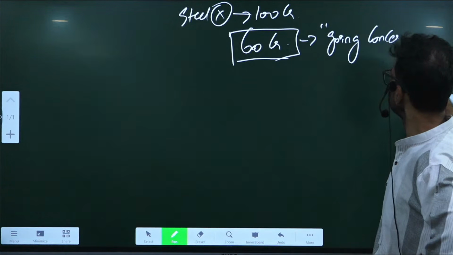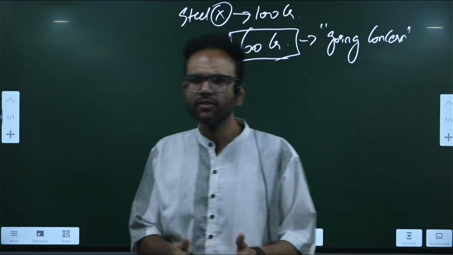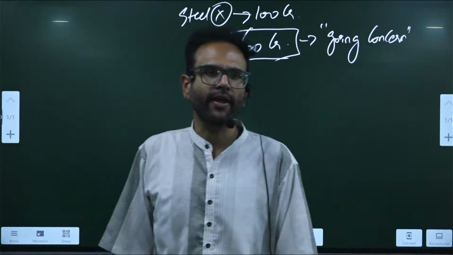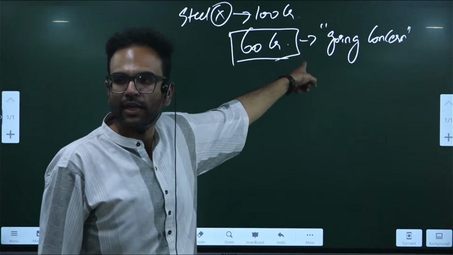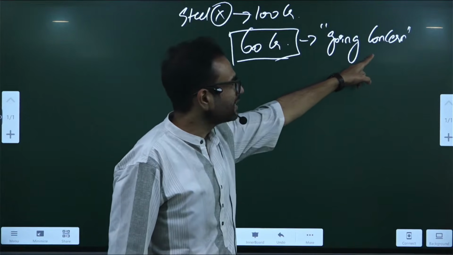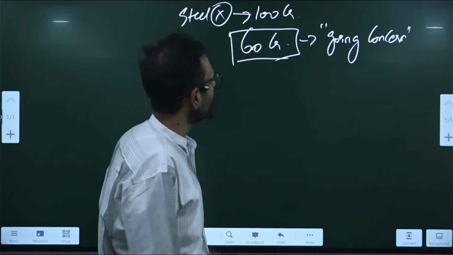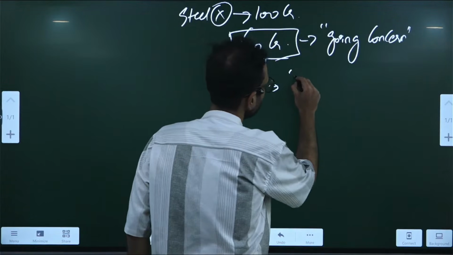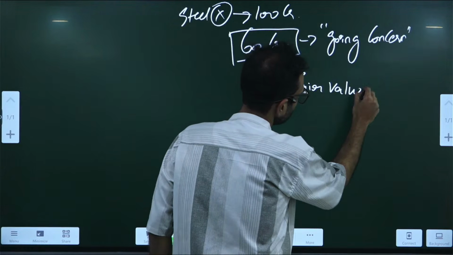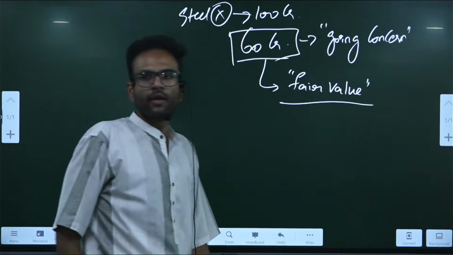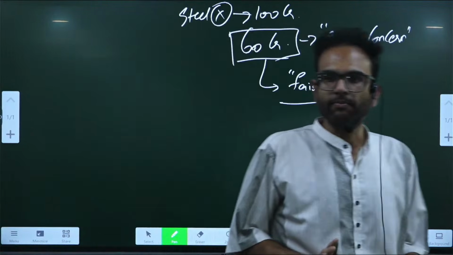This 60 crores is as of today, if it is allowed to continue as a going concern, meaning if the business, even if it is making a loss, is allowed to function as it is, it is worth 60 crores, much less than the 100 crore loan that it took. This going concern as a concept, if allowed, gives a value that we arrive at called fair value. This is the fair value of the company at this point in time.